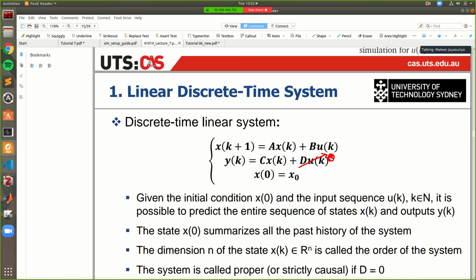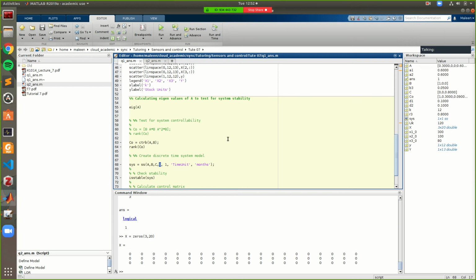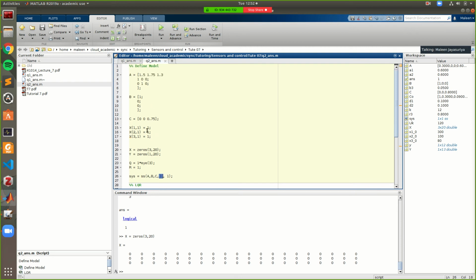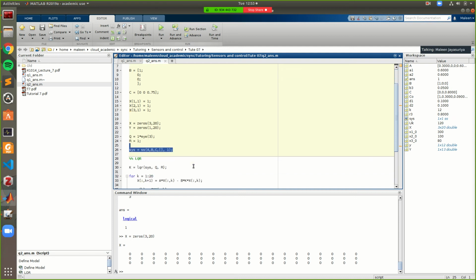But when you're in MATLAB and you're defining a state space model, you usually have to say 0 here, or give it an empty vector like this. Okay, so what we've done is we've defined these A, B, and C matrices. We have our initial states. We have some empty matrices that we can fill things up with. We have our Q and R parameters, which we can then tune, and we have our state space model.